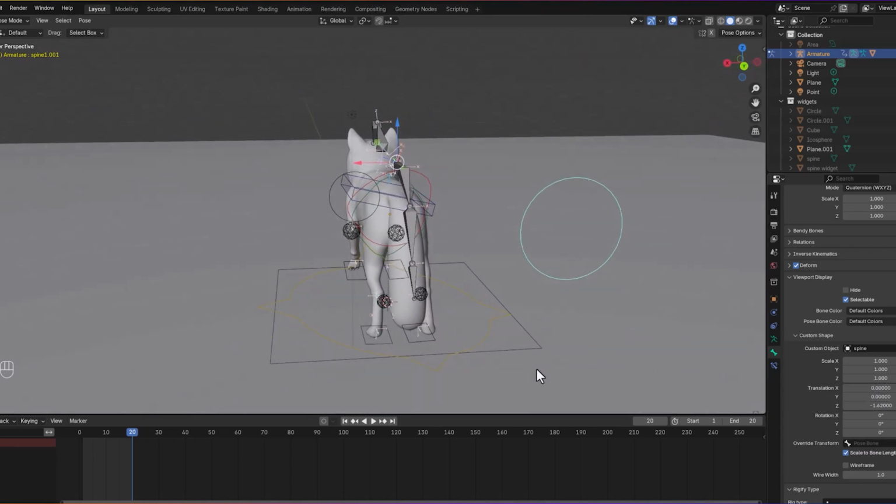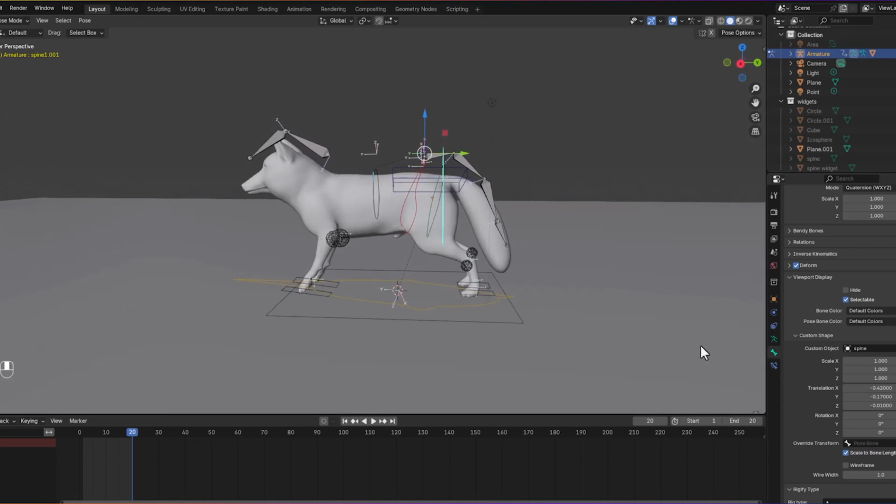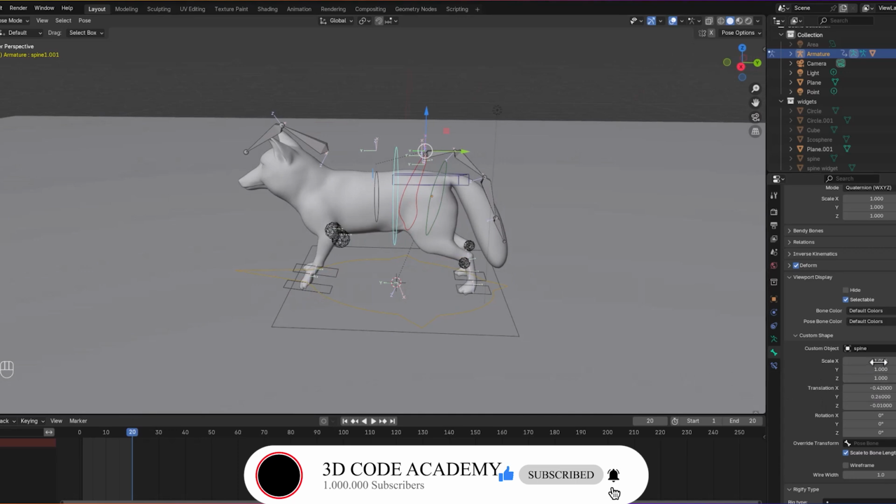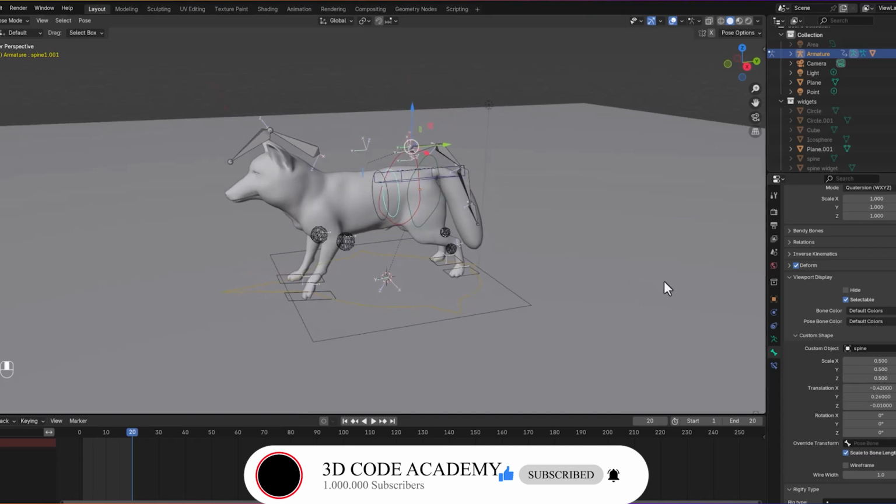You see, it's too far away. And let's go for 0.5, 0.5, and 0.5. You see,